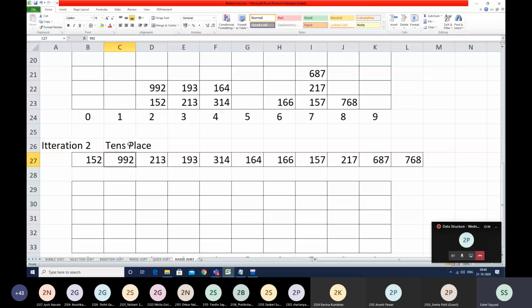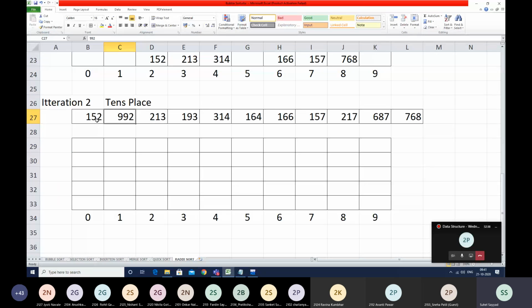So 152 will go in 5, 992 will go in 9, 213 will go in 1, 193 will go in 9, 314 will go in 1, 164 will go in 6, 166 will also go in 6, 157 will go in 5,